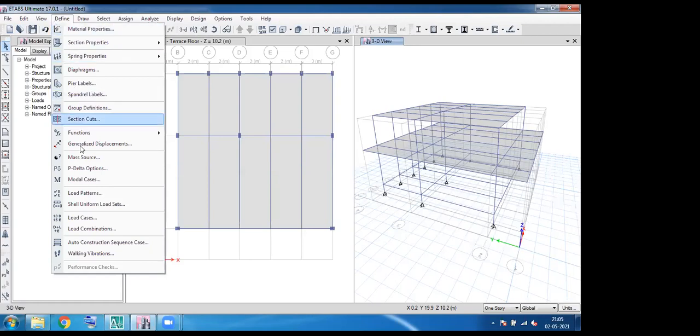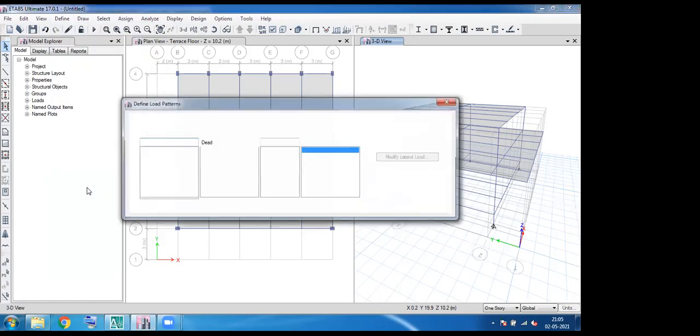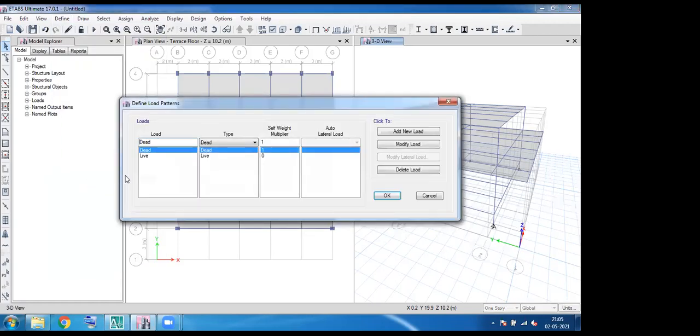So go to Define and choose Load Patterns. By default, two loads are available: one is dead load and the other is live load. Now I'm adding the floor finish.